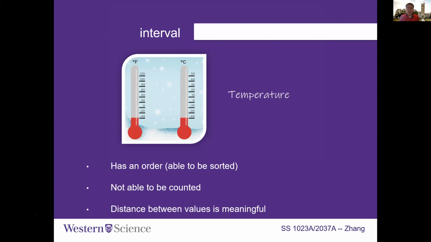0 degrees is not a true zero, because there are a lot of ways to define your zero. So for example, if it is 0 degrees in Celsius, is it 0 in Fahrenheit as well? It is actually between 20 and 40 in the Fahrenheit measure. So this 0 is what we defined.